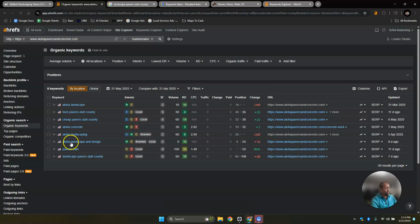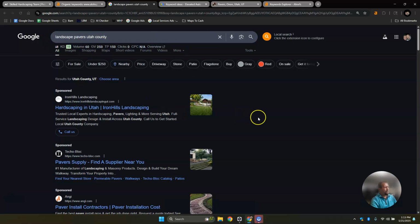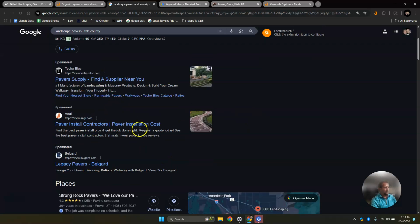I really liked this keyword right here, but you're on the 10th page, so lots of room for growth for that. And yeah, there's Aloha Landscaping. I don't know if you want to be found for those type of things, but when it says like best pavers, best is not always the best one, but that's okay. But like Pavers Utah, that's a good one. And so those are the different types of buyer intent keywords that I would like to go after with location and a service. So I just did landscape pavers Utah,